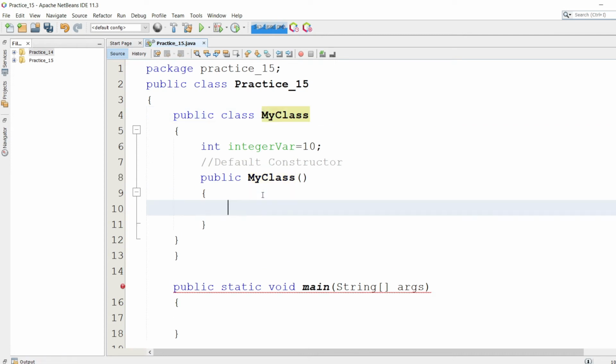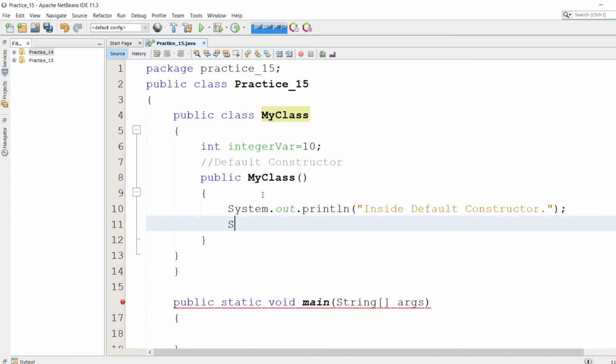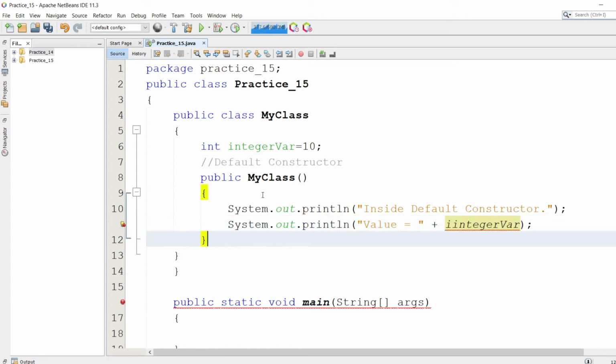Here I'm going to simply print "inside default constructor". Now I'm going to print the value of the integer, that is, value equals integer var.